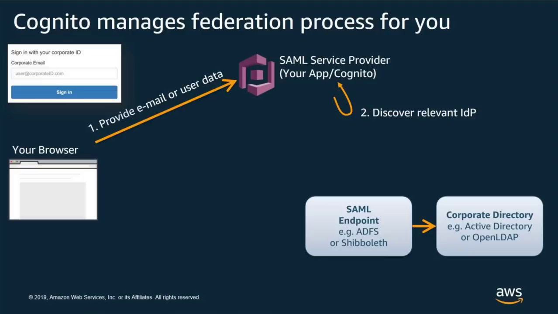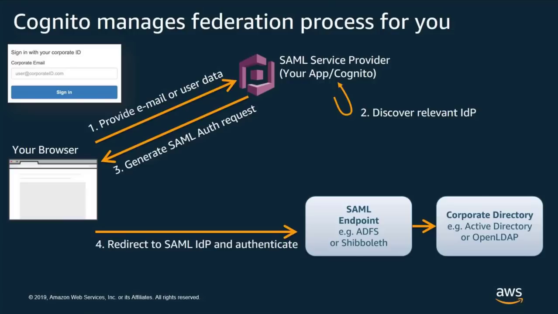They're going to pop in, they're probably going to provide an email address. The service generally has to look up, if you were building a B2B app, there might be lots of different domains that could be relevant there. So we've got to discover the identity provider that's right for this particular user. We've got to generate what's known as a SAML auth-in request that gets forwarded back to the browser and ultimately redirects the user to their proper identity provider to authenticate, be that with something like Shibboleth or Active Directory Federation